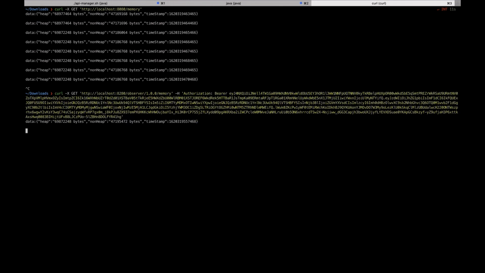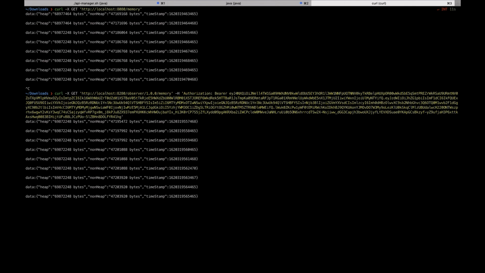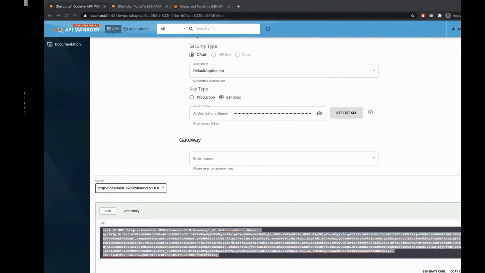Now you can see we are passing the authorization header. Now we have invoked the service through WSO2 API Manager and are getting the same results as earlier. This is just an example, and if you go and take a look at our